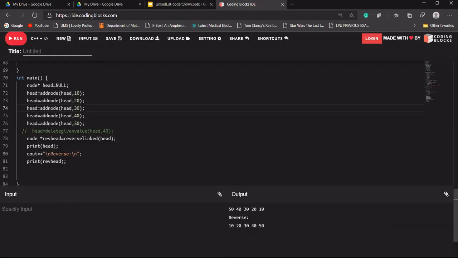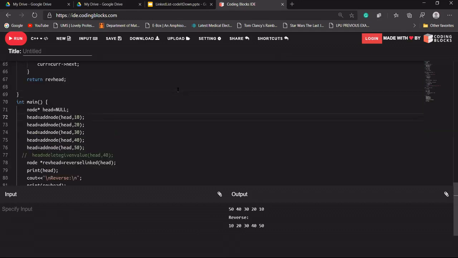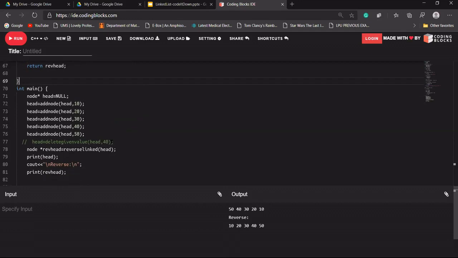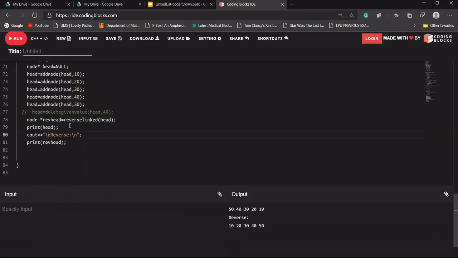If we have to reverse a linked list, we have created another linked list. But there is another case: what if we have to make the changes in the given linked list only? We do not have to create another linked list. We'll do that in this case. So let's name that function. We'll do the changes in that function, and we'll store the address into the previous head only.